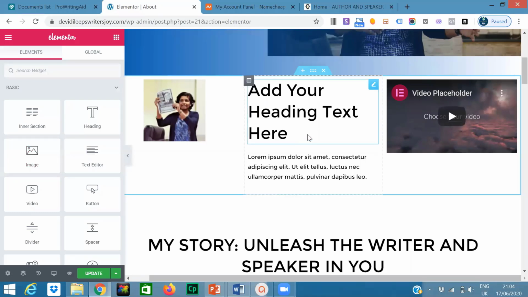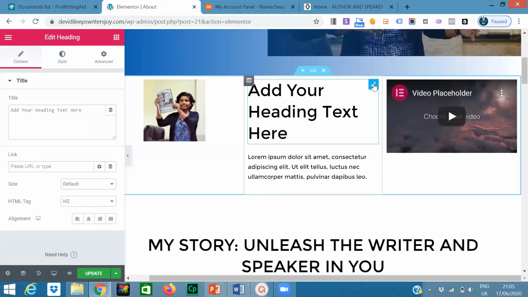Okay, yeah. When you click on this, guys, can you see, click on that again and click on edit. So whenever you click on anything, on the top right corner you will see a pencil symbol, that is edit. So you're trying to edit that section. Whenever you click on that, on the left hand side you can see there is an edit. The whole edit will come there. You can go and edit something there.